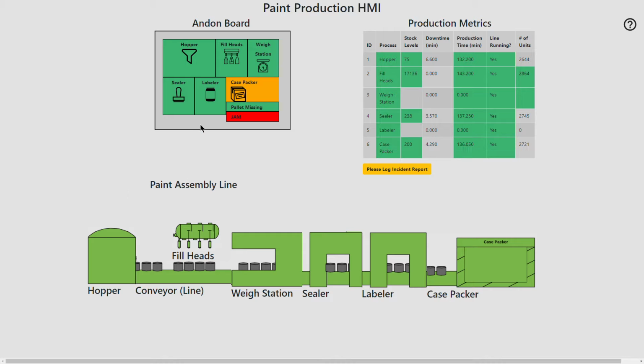This is the demo for assignment 4, paint production HMI, human machine interface. I'll start off by explaining each part. This is your Andon board. It displays all the different stations, and it's a quick way for someone to look up and see if there's any issues anywhere and to